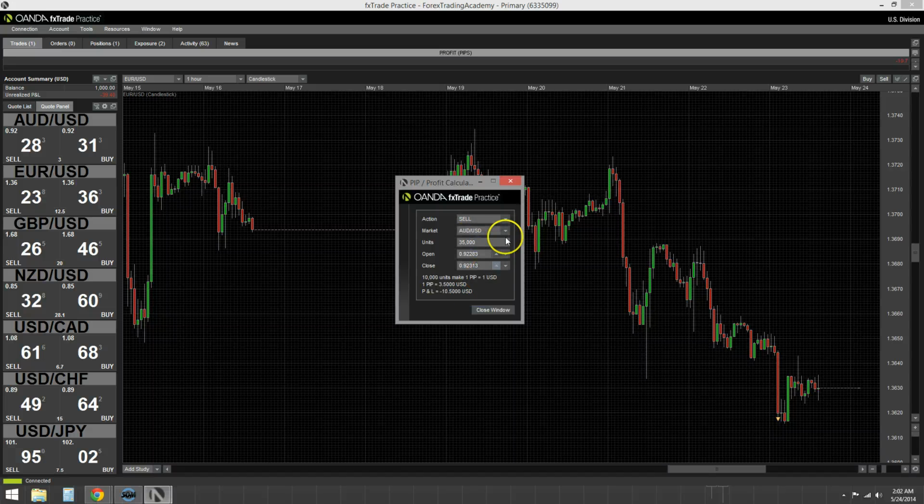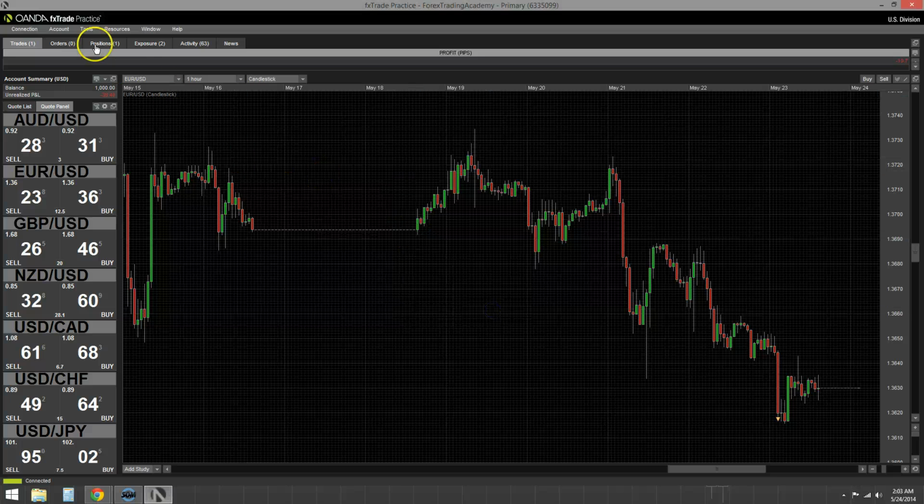The Australian dollar, if you buy or sell, it's 10,000 units make 1 pip equal 1 US dollar. When you get into these sections where the US dollar is quoted first, it does matter whether you buy or sell, and it makes a slight difference. So that's the pip profit calculator and a couple extra teaching points thrown in for good measure. Let's move along